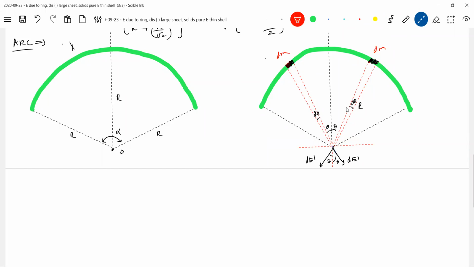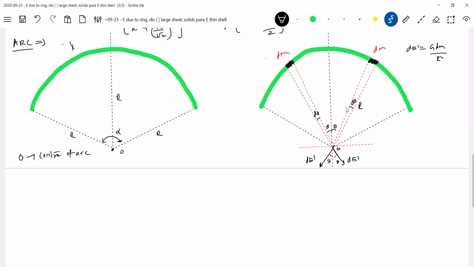If you assume one element, yes, you'll get the answer, but you'll end up with a lot of mathematics. Then you'll reach the answer. So there's the idea of symmetry. I think I'm stressing it a lot, just to minimize mathematics here. About the y-axis, the mass is distributed symmetrically. So first you define what is dE dash: G dm by r square, because both the elements are at the same distance, because O is the center of the arc.